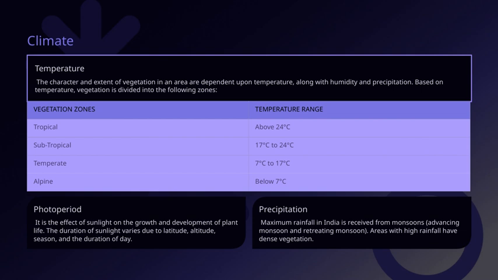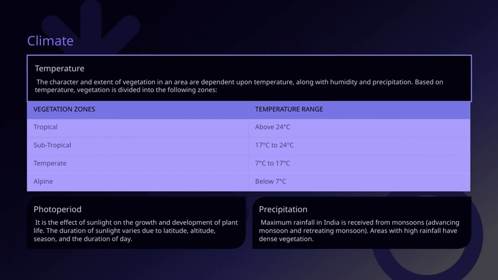The overall character and extent of vegetation depend on humidity and precipitation as well. High rainfall areas, especially those influenced by monsoons, tend to have dense, lush vegetation, which is typical in many parts of India. We also need to consider photoperiod, the effect of sunlight on plant growth. The amount of sunlight varies depending on latitude, altitude, and the season, which in turn influences how plants develop and